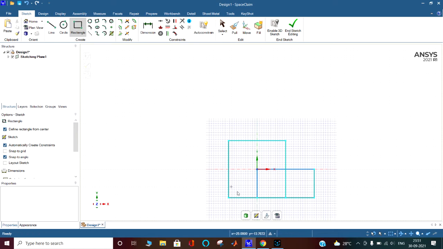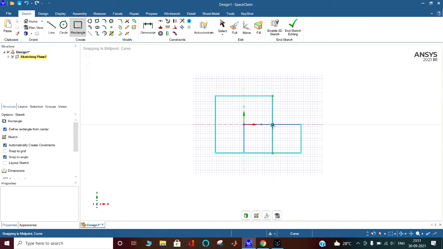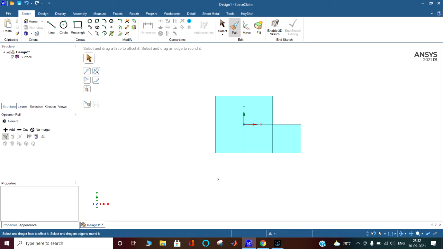Okay, now this is a sketch. This is only a curve. Even this is not a surface. Here is another tool, an icon, from where we can return to 3D. But we have to click it. We are not going to 3D yet, but we have gone from the curve to the surface. So here the surface is created.